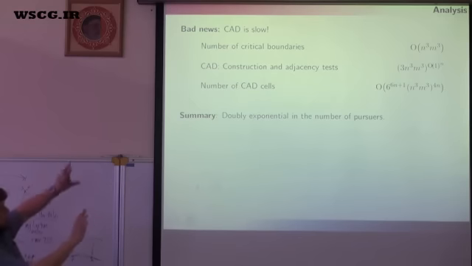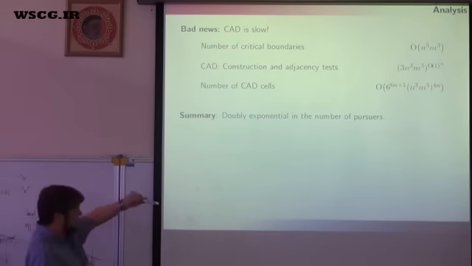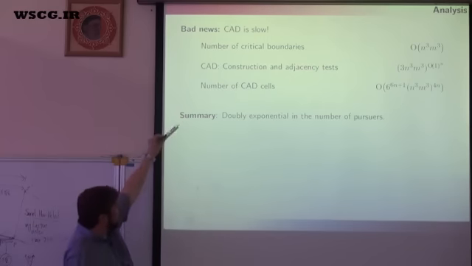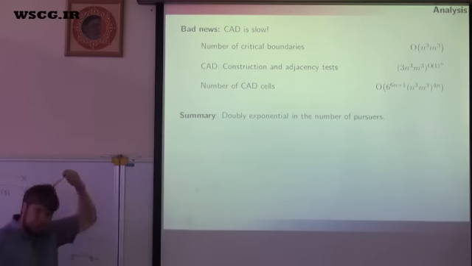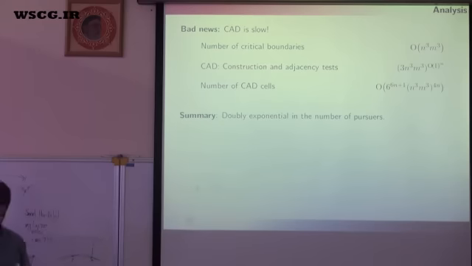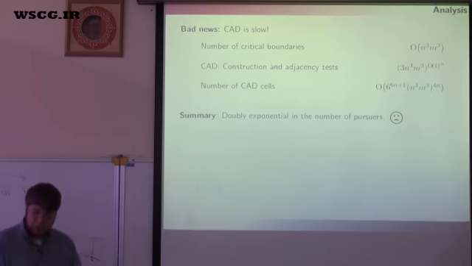Yeah, don't waste too many brain cycles trying to parse the train wreck of big O's here. So to summarize, it's doubly exponential in the number of pursuers, right? It's not clear whether we can do any better in general. To summarize even more, yeah, we are sad about those results. Okay,